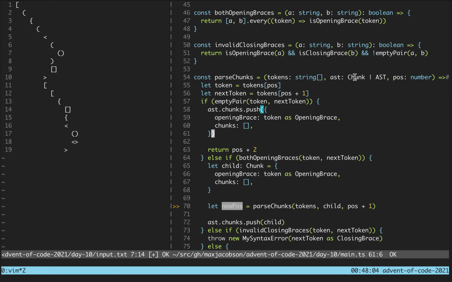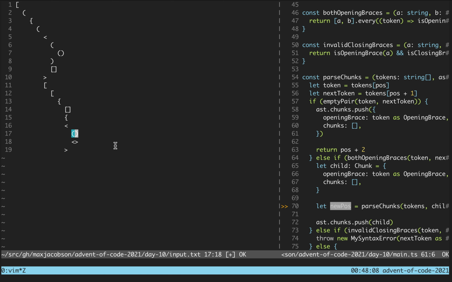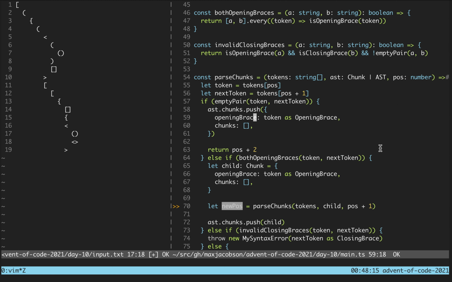Well, okay, but the important thing is that an empty pair is a special case, because then there really are no children. And so if there are no children, then we just want to make a chunk and get out of there, and I guess advance the position by 2. But if they're both opening braces, then